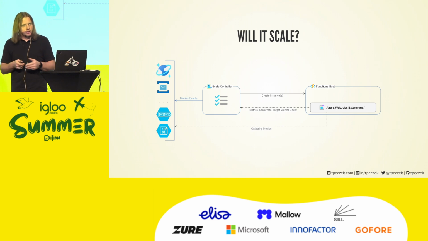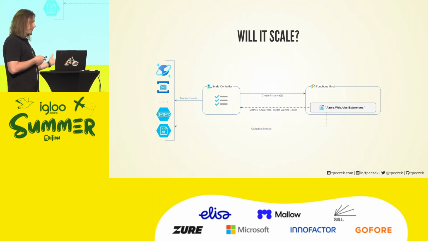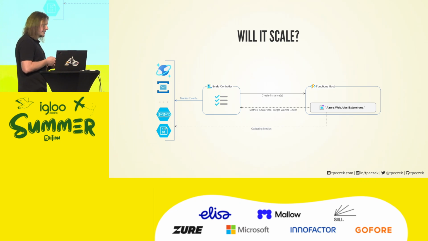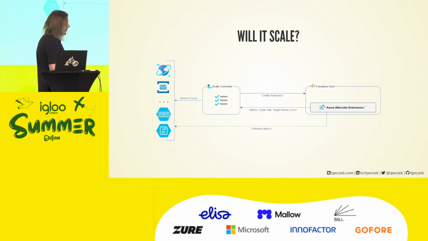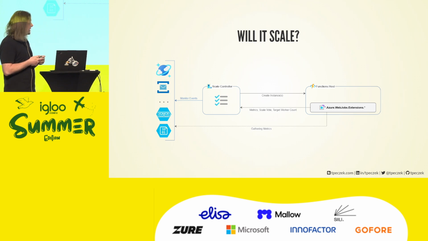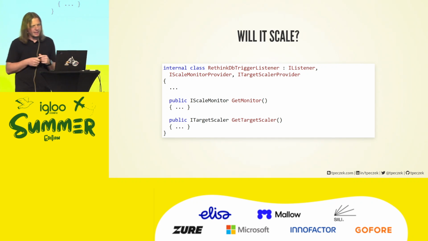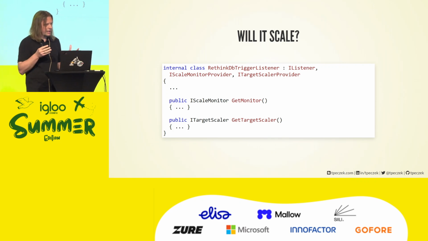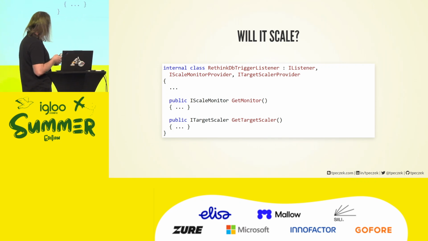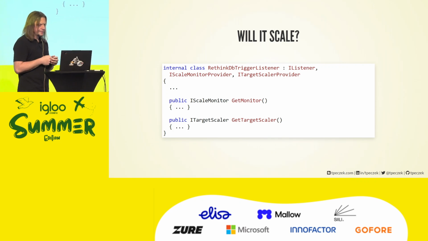And when you turn it on, you get that unique possibility of actually understanding how your function is scaling down to every single heuristic. Because it's in the code that we have access to. It's on GitHub, right? And we can find that code in the extension and read it. It's attached to the listener, so we already know where that is. If a particular extension is participating in that scaling mechanism, the listener will have methods to return two additional components, scale monitor and target scaler.